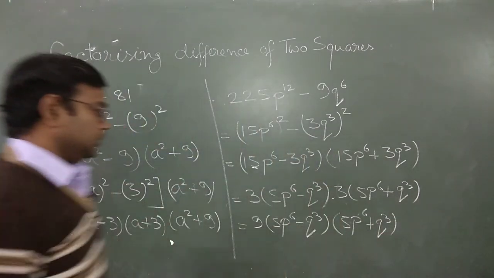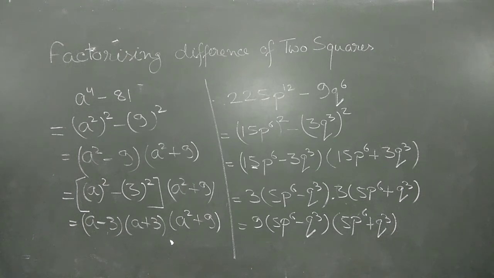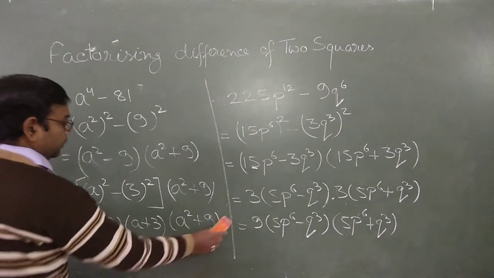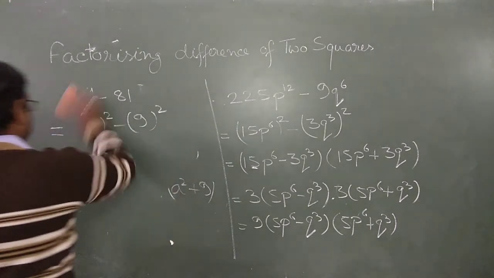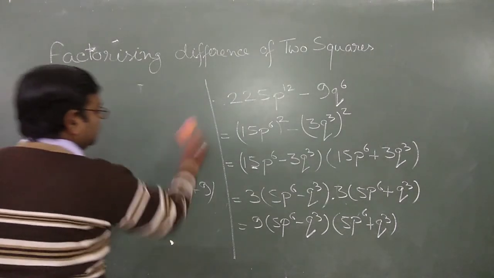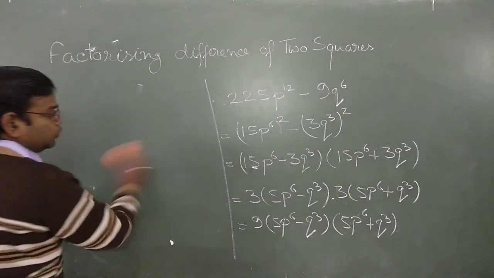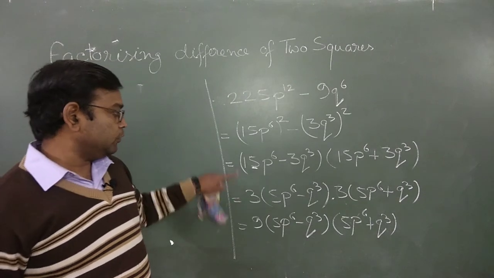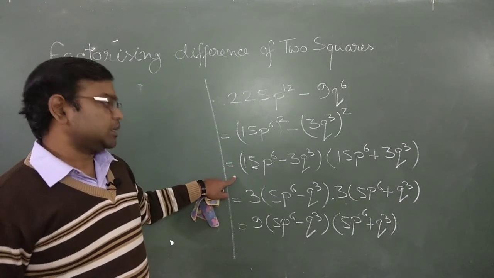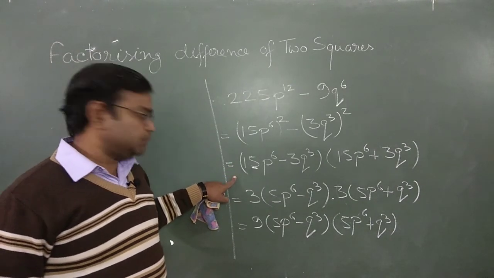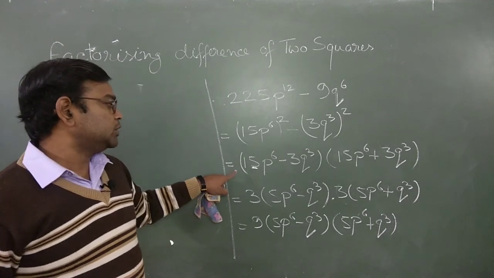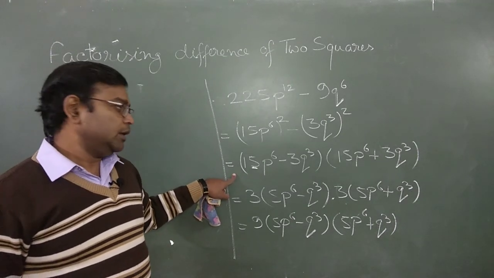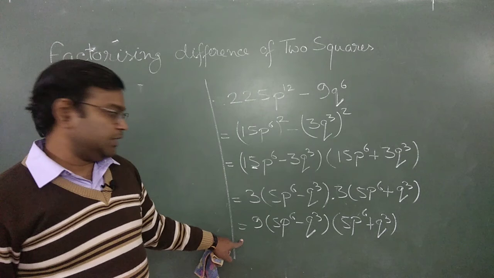This you can, likewise we can solve it, but there is another way to solve this question to avoid this confusion, because this will create confusion. If you place it over here, this is right but not complete, half or 1 mark may be reduced. Why? Because this is not the complete factorization. This is the complete factorization.